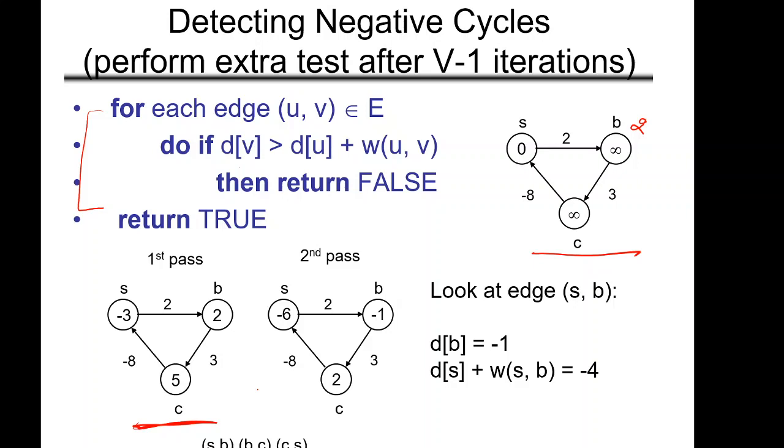So D of V is -1 and D of S is -6, and the weight is this. So you can still reduce it down to -4. The more and more you take cycles, the weight will become smaller and smaller, and therefore it is not defined. Good.